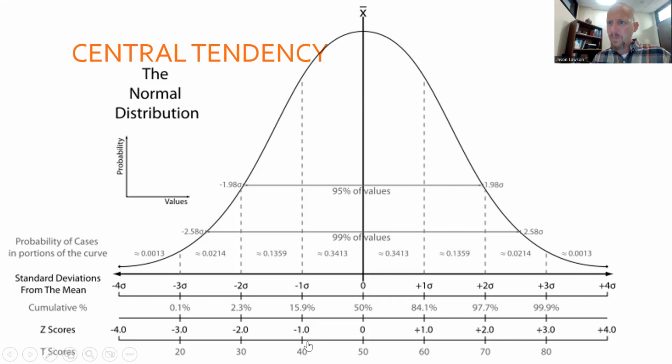We'll talk a little more about that, particularly when we get to the BOT2. But just know a z-score is nothing more than a standard deviation. It's just a more specific number. And again, this could look different. This is a t-score example. For some of our assessments, the mean,